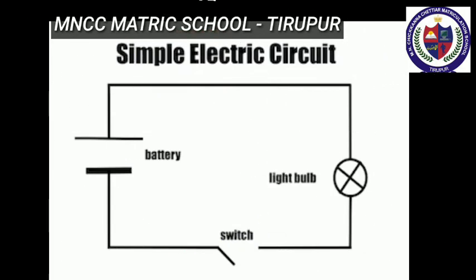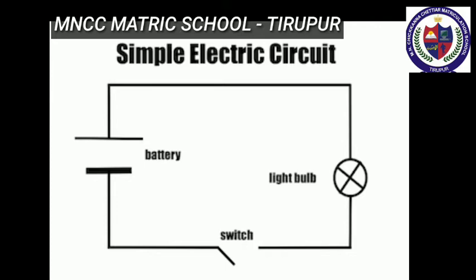Next, let's learn about electric circuit. An electric circuit is a closed conducting loop which has a network of electrical components through which electrons are able to flow. This path is made using electrical wires so as to connect an electrical appliance to a source of electric charges, that means a battery.